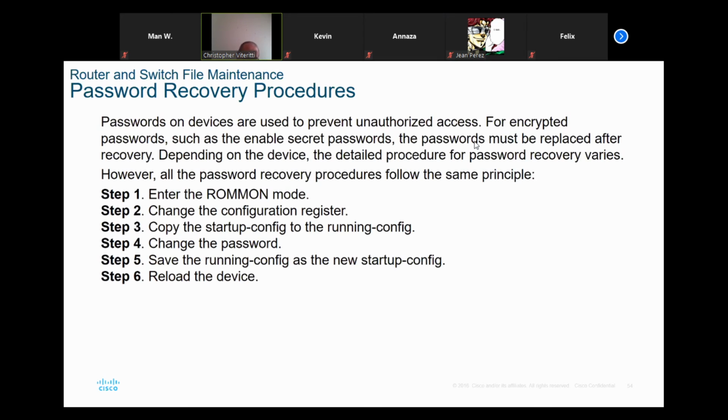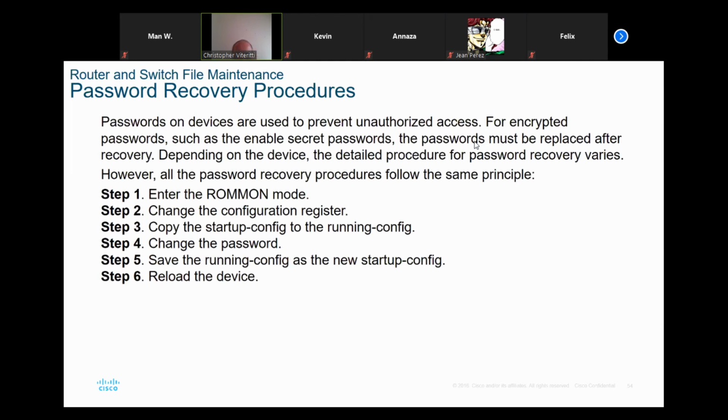So I just Alt-B. Wait a couple of seconds, Alt-B. Get it? In a Catalyst switch, you pull the plug since there is no power switch. Count to 10, put the plug back in, and immediately press and hold the mode button in the lower left-hand corner of the switch. Now, in a router, when it comes back up and it's broken the boot sequence, you'll be presented with a